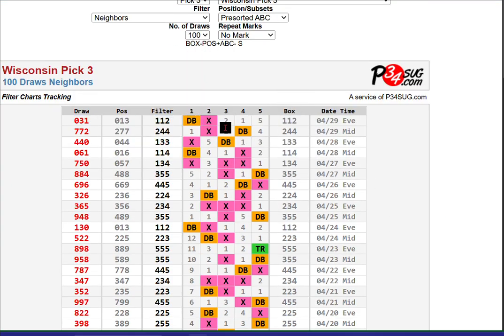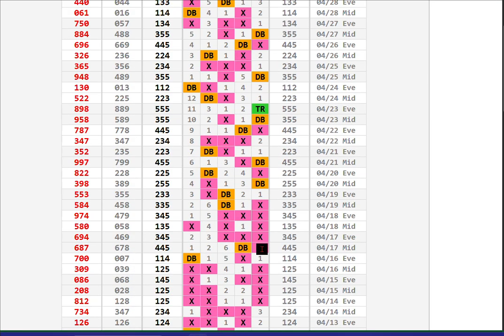So this one here is neighbors. Neighbors is going to symbolize, and if you don't know what it symbolizes, just go over here and look and see what it's showing. So look, triple, 8 and a 9. So 8 and a 9 were both used. That means this is going to symbolize an 8 and a 9. So tomorrow, an 8 and a 9 is likely, not guaranteed, but likely. Why? Because look, it's out 5 draws. And if you go back in time here,